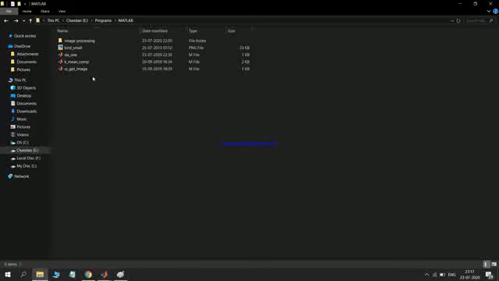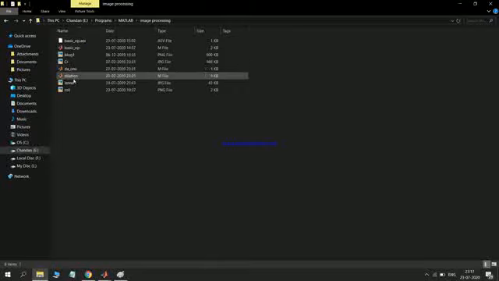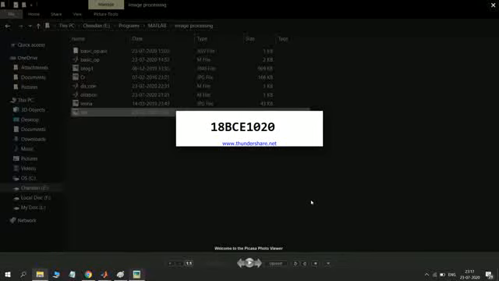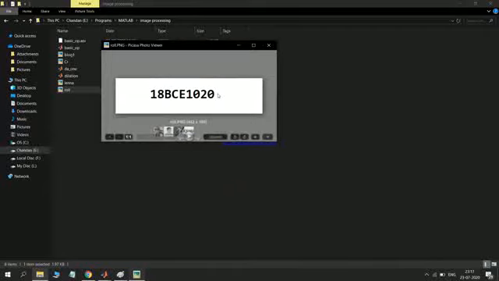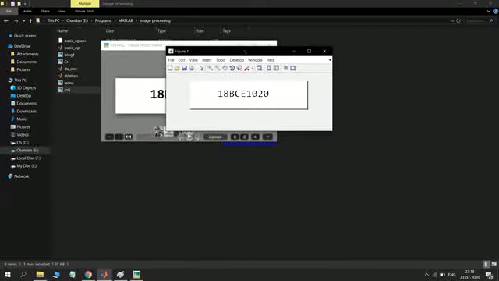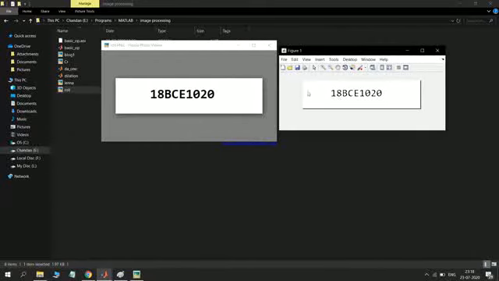If you want to see the original image, put it here. So we can see the difference after dilation.